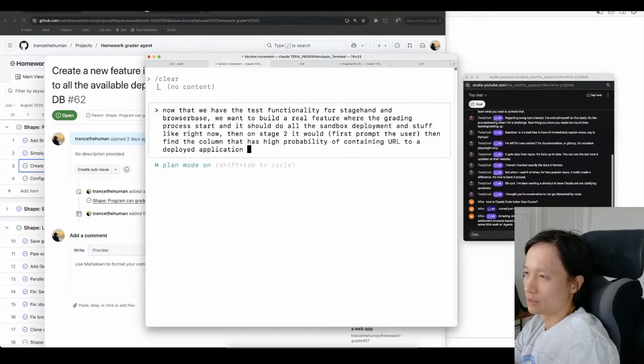And I'm gonna have to put in some bogus ones because I forgot to collect those things from my students, so I don't have any data on that. To deploy application,